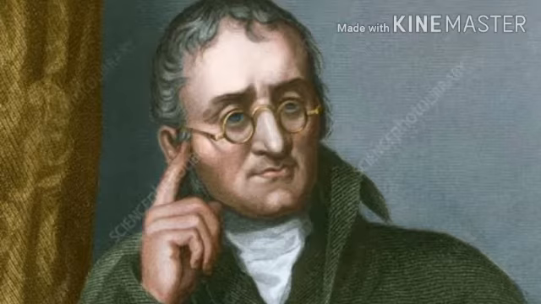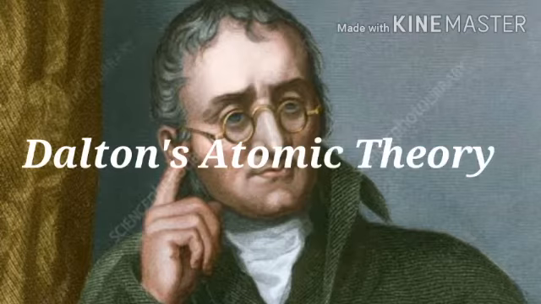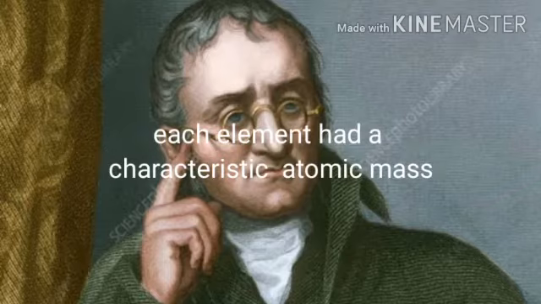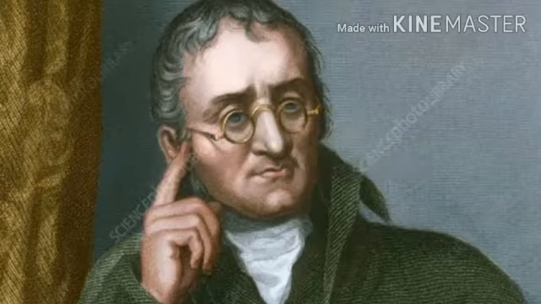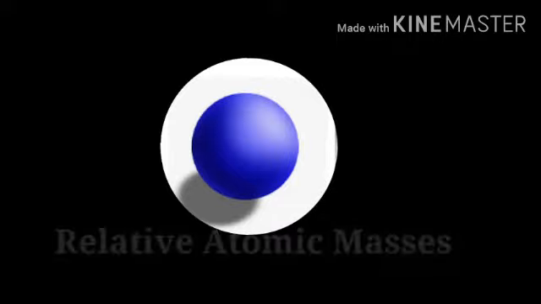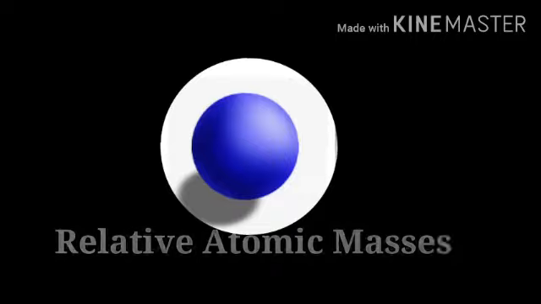Dalton's atomic theory proposed a most remarkable concept of atomic masses. According to him, each element has a characteristic atomic mass. The theory explains the law of constant proportion so well that scientists were prompted to measure the atomic mass of an atom. Since determining the mass of an individual atom was a relatively difficult task, relative atomic masses were determined using the laws of chemical combination and the compounds formed.